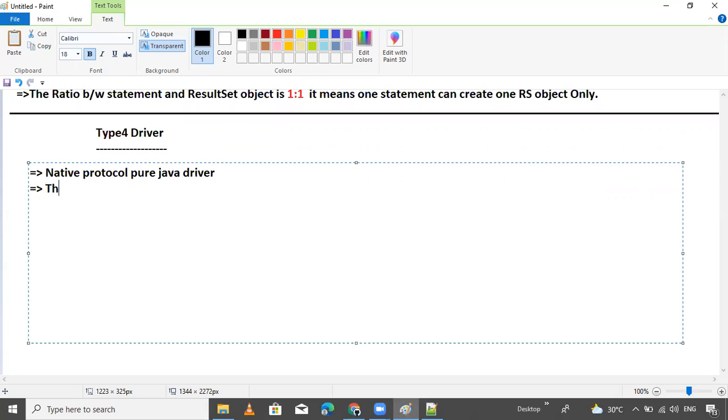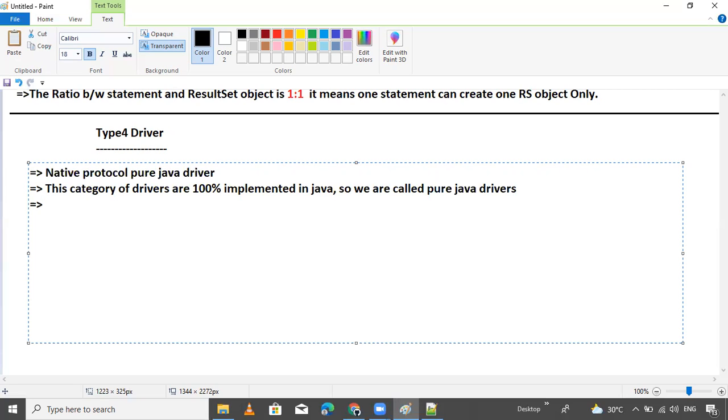This category of drivers is 100% implemented in Java, so we call it a pure Java driver.